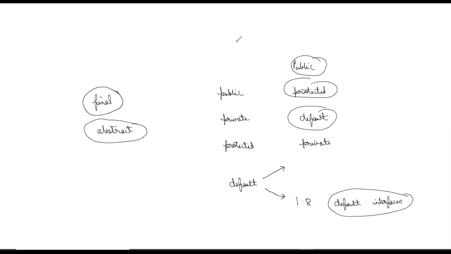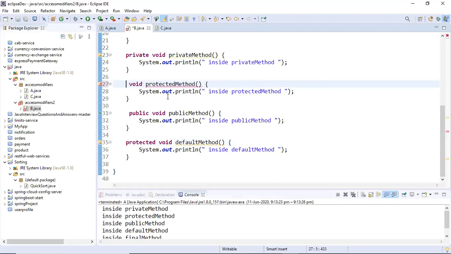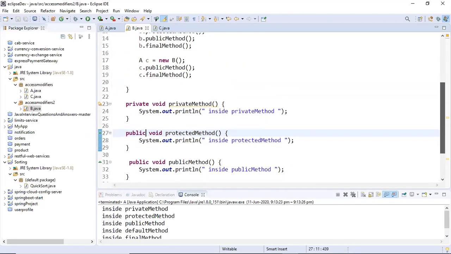So I can convert my default into protected, but I cannot convert my protected into default. The default keyword is not required because the default keyword is used only in case of interfaces. Can I use public? Of course we can, because public has the higher access.